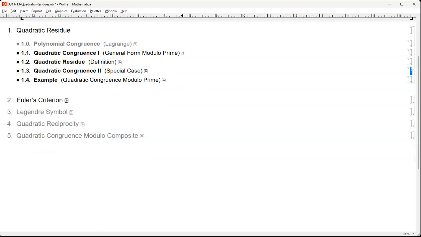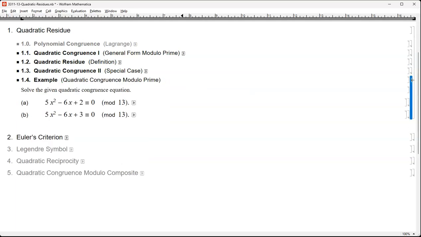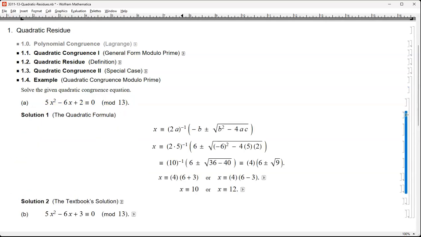Okay, we went through all those, so why don't we go ahead and do some example problems. Here's a problem. 5x squared minus 6x plus 2 is congruent to 0 modulo 13. 13 is prime, it's an odd prime, so we can use everything that we did here. Solution 1, quadratic formula method. So we have negative b plus or minus the square root of b squared minus 4ac, divided by 2a. So 2 times a, so that's 10 inverse, and then 6 plus or minus the square root of 36